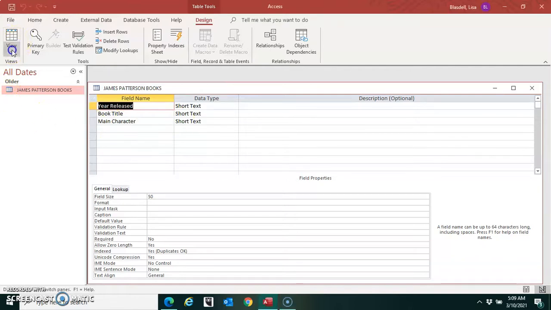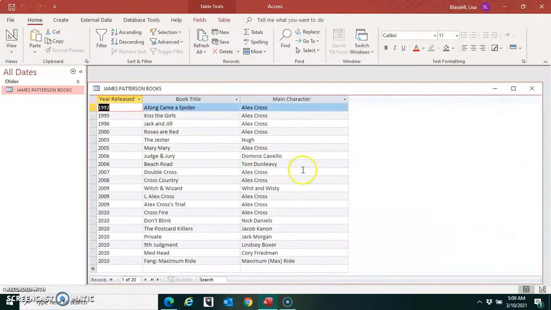Then you're going to go to the datasheet view and you're going to type all of this stuff in. Okay, once we do that, really our work with this one is in queries. Okay, so once we get all of that done,